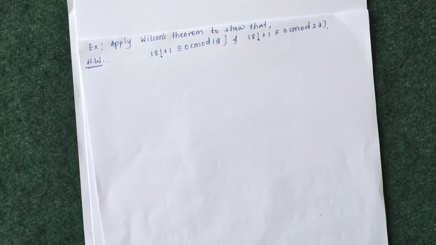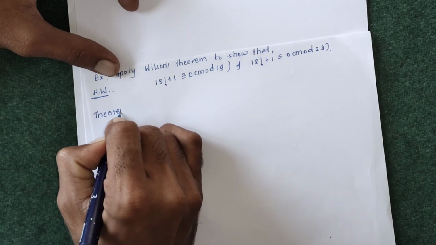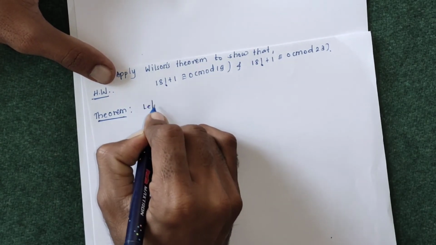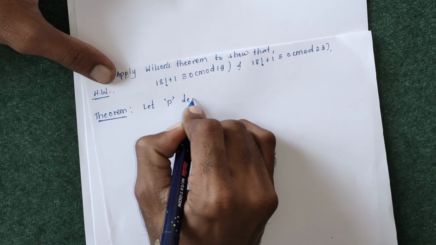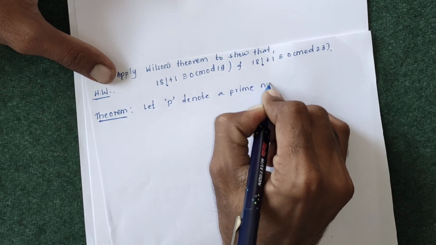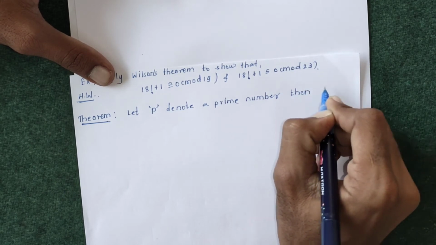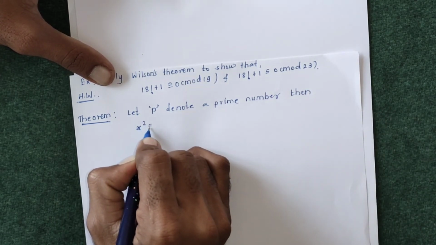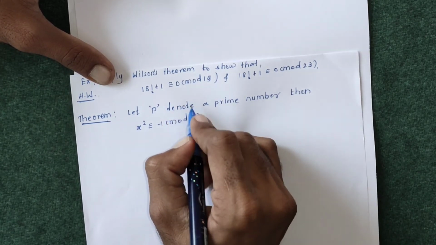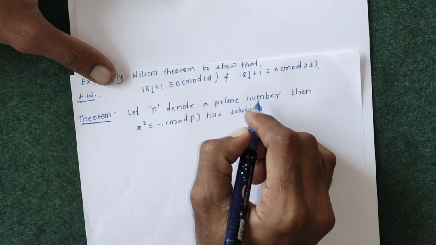Let p denote a prime number, then x square is congruent to minus 1 mod p has a solution if and only if